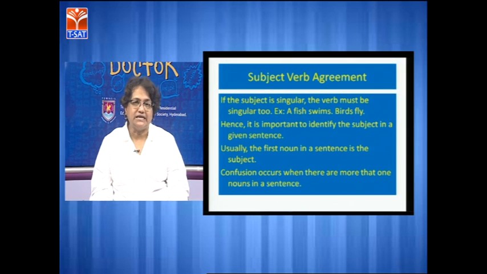Okay. So like I said, the verb is an action that the subject does, and subject is always a noun, right? So it is very important for us to recognize the subject in a sentence. A sentence is constructed because there is a need to talk about a particular action that a noun performed or something that happened to the noun. So the subject of a sentence is always a noun, all right? So when a particular sentence has more than one noun, that is when we get confused, because we do not know if we have to use the verb in singular or plural.